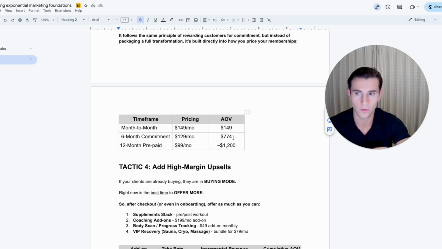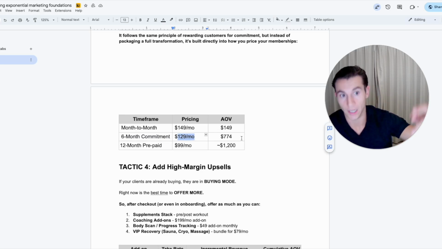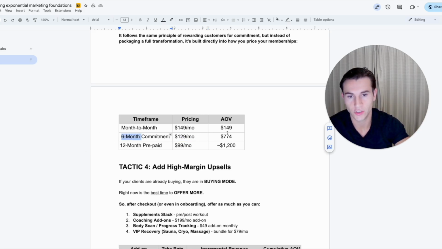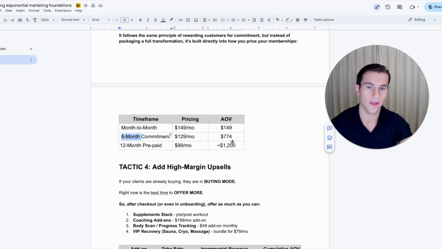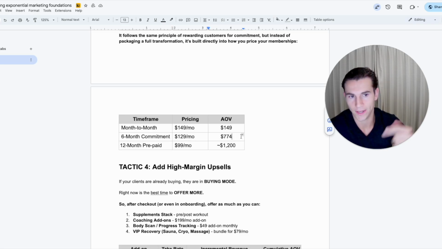With this, a pro tip is, instead of being the person to finance this yourself, meaning they have the 6-month commitment at $129 a month and you're collecting $129 a month, if they're locked into 6 months you can use third-party financing, for example software like Affirm, Sezzle, Afterpay, Split It, or Klarna. You simply put in 129 times 6 months, $774, you get the full amount up front, and they pay the third-party financing.